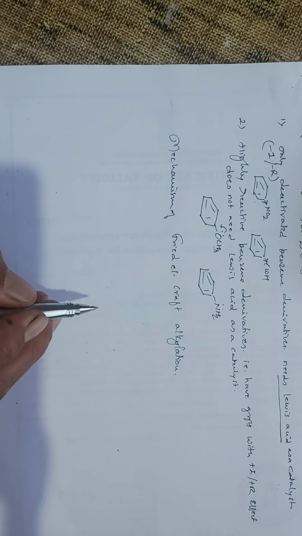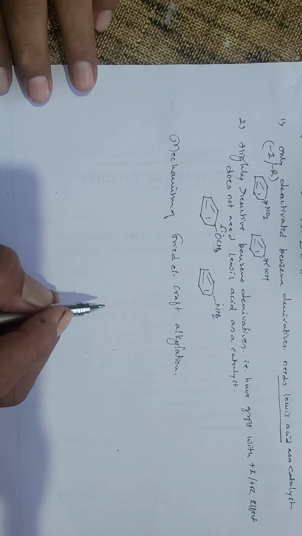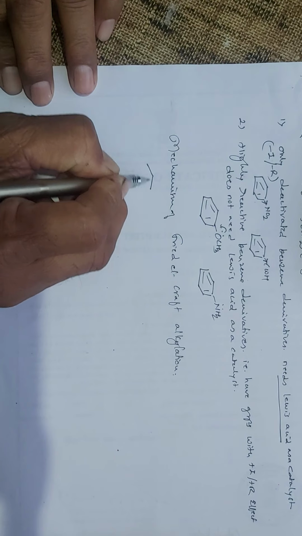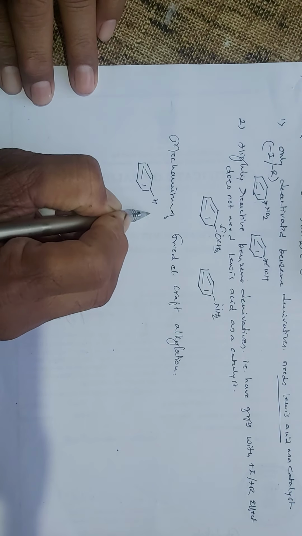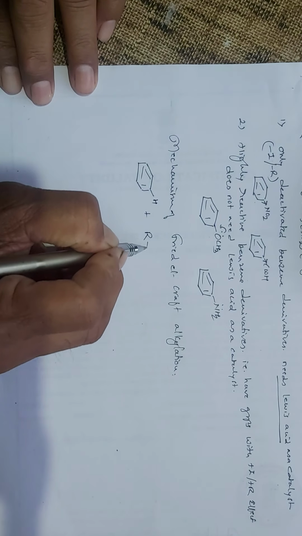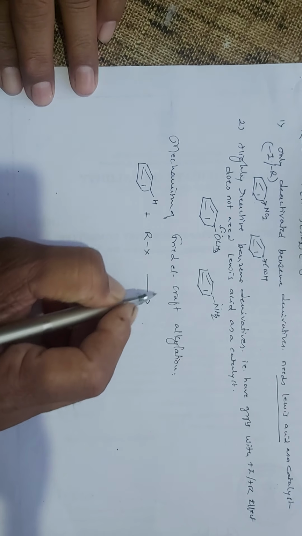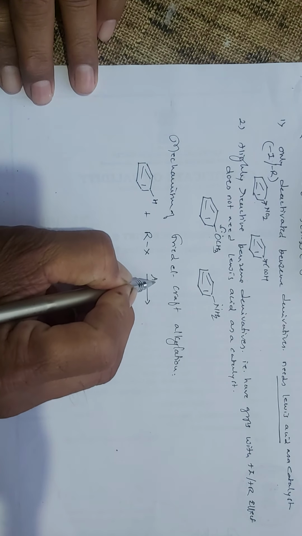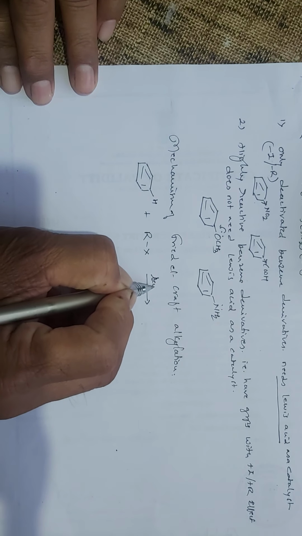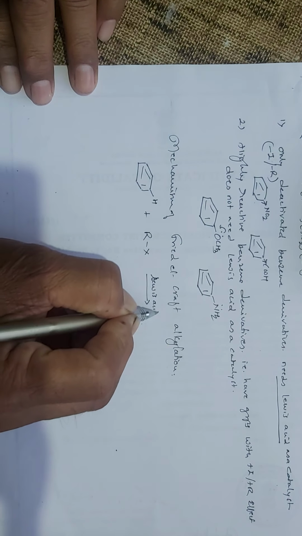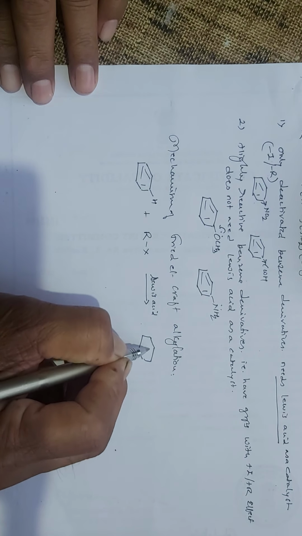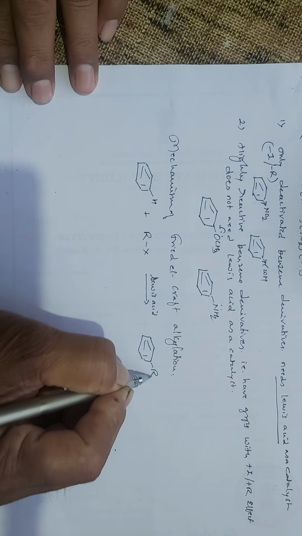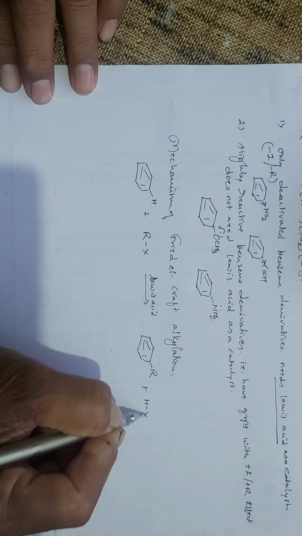So, the Friedel-Crafts alkylation reaction is an electrophilic substitution reaction in which the hydrogen atom of the benzene ring is replaced by the alkyl group from the alkyl halide, and this reaction takes place in the presence of a Lewis acid. The reaction gives the product alkyl benzene, where the aromatic character